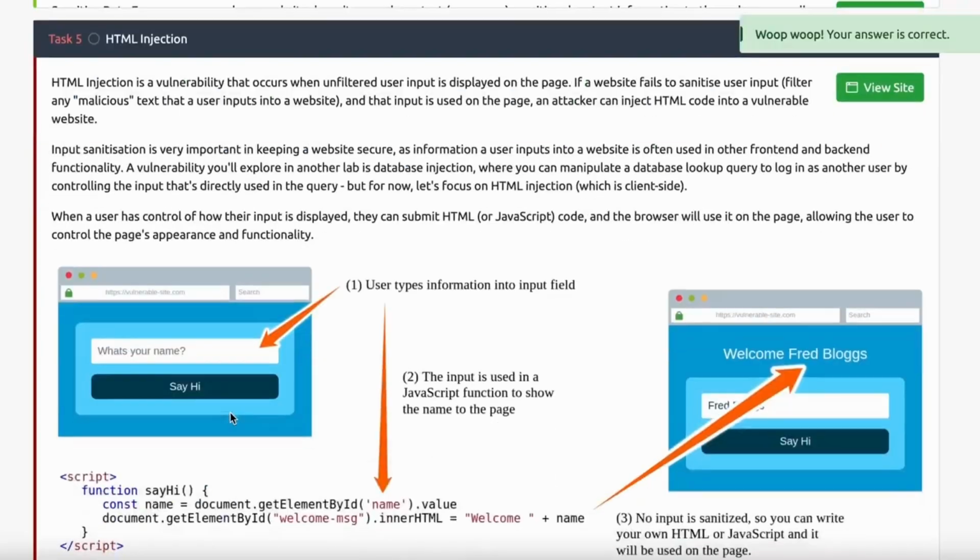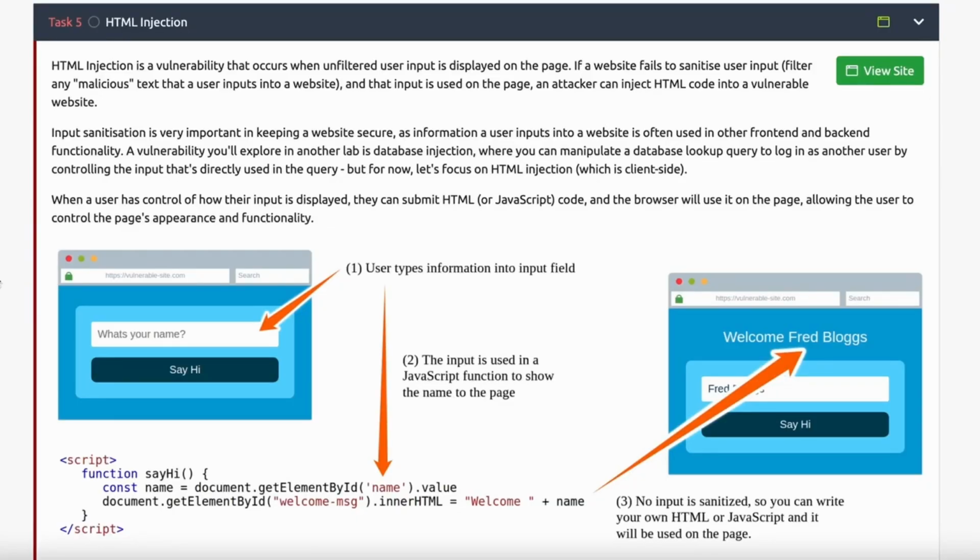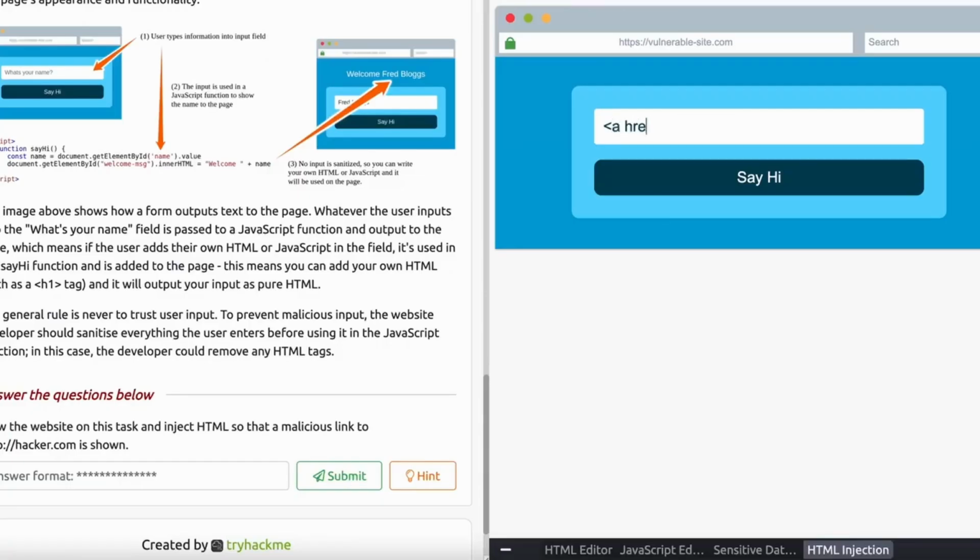The final section is on HTML injection. Basically, that's whenever you are inputting a malicious string into an input field, and it is either putting up some sort of malicious link on the site, or it is rerouting the user to somewhere else. There are a number of things that you can do with this, but this includes a practical that you should definitely do. It's pretty fun.